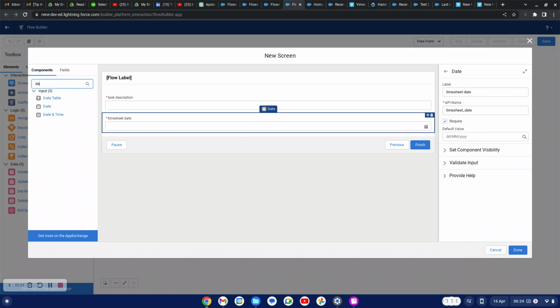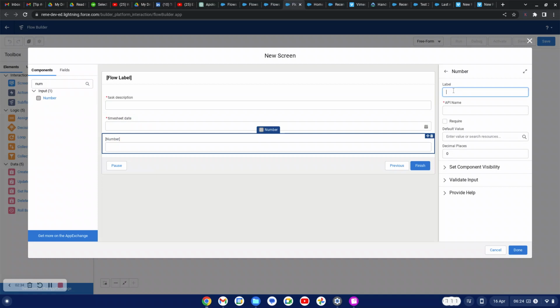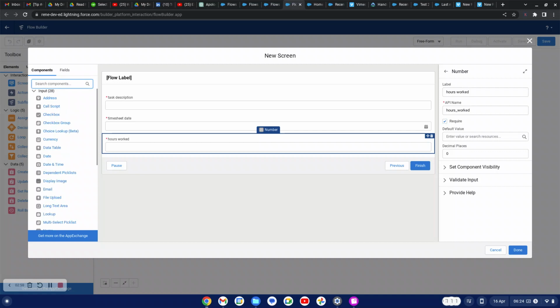And the third component I will be making use of is numbers, to fetch my hours worked. Very nice. Hours worked. I would also be making this required. I need two more. We need to create two more screens here, but we need to create new variables for them, which are the projects and the consultants